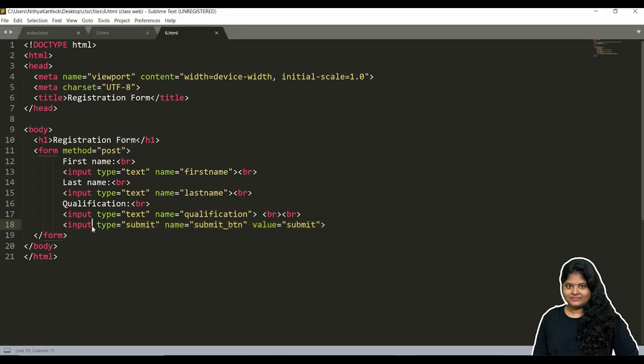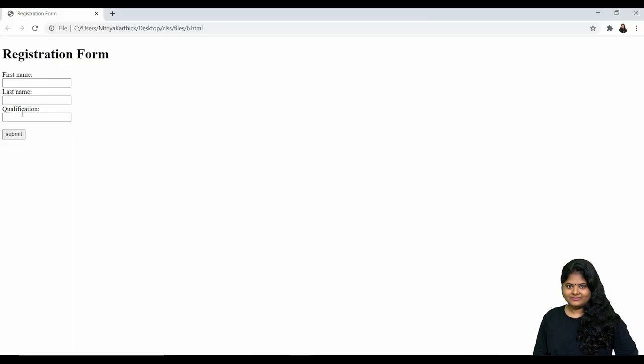So let me use some attributes which are very useful while developing a big form, and which are also used for validation. So let me run this. See, this is the run mode of this file. The first thing we are going to see is placeholder. While running this form,